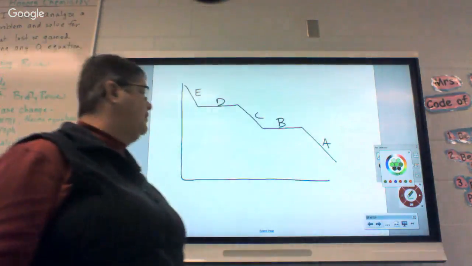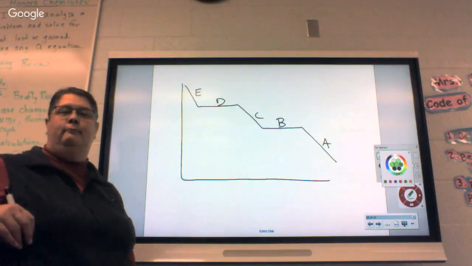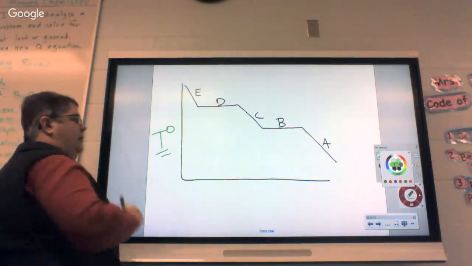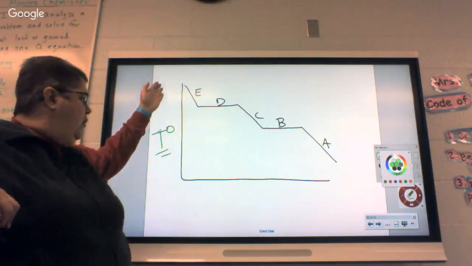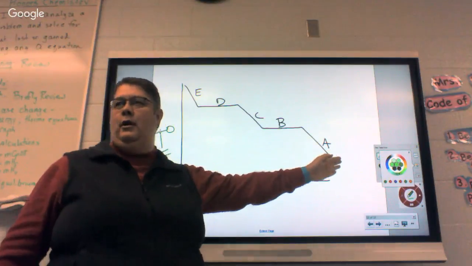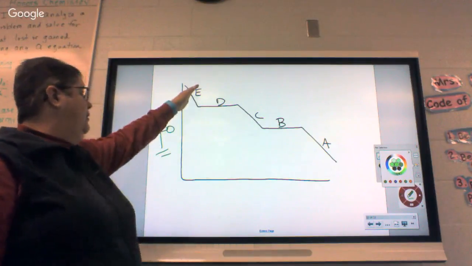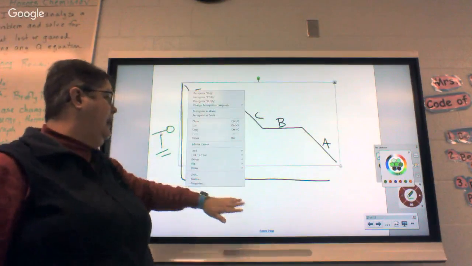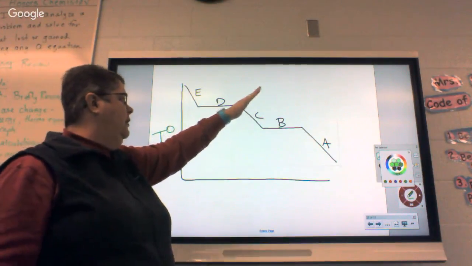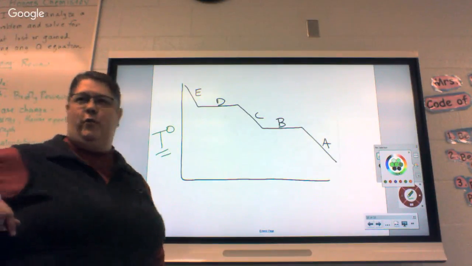Now, on this one, if it's in reverse, what's E? It's still a gas. Gases are always going to have the greatest what? So they're always at the top. What's always going to have the lowest temperature? So a solid is always going to be where? And C is always the liquid. So D will be a phase change between the liquid and the gas. B will always be a phase change between the solid and the liquid. So did the graph change when I wrote it backwards? It never changes. You with me?